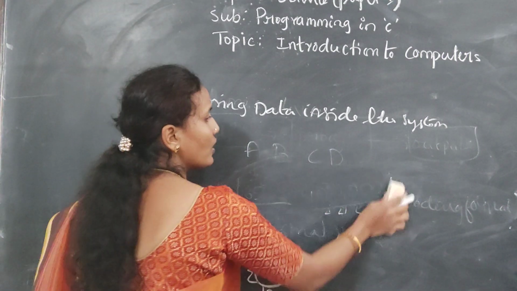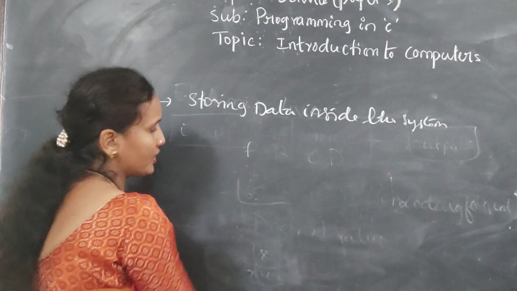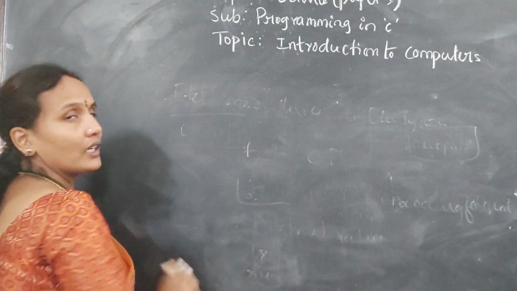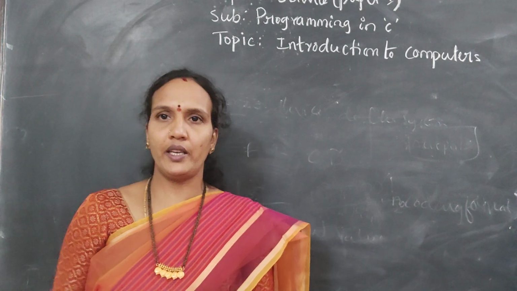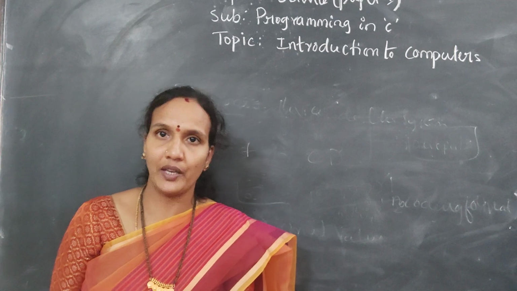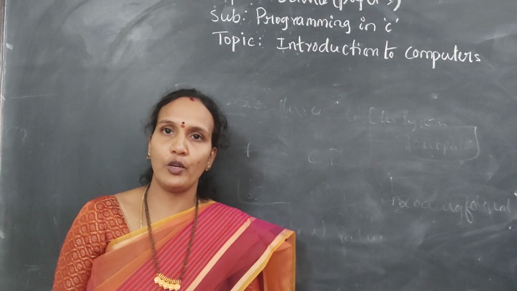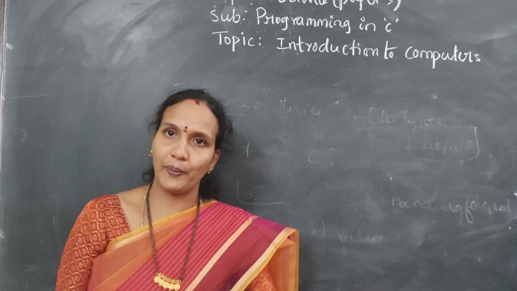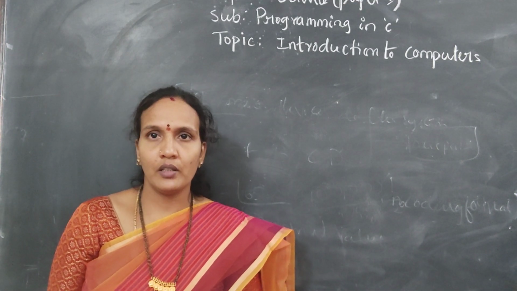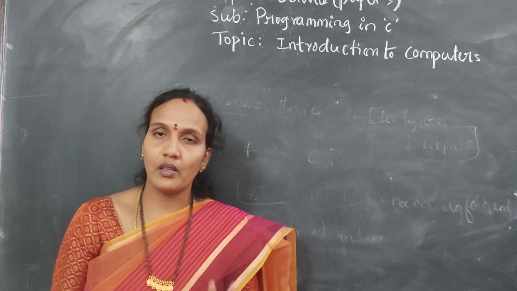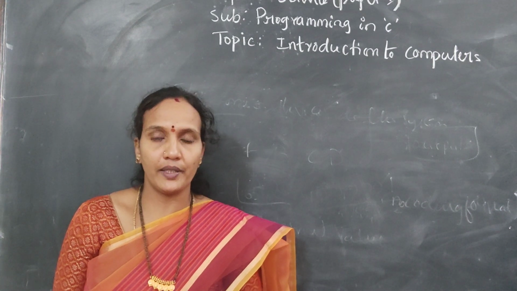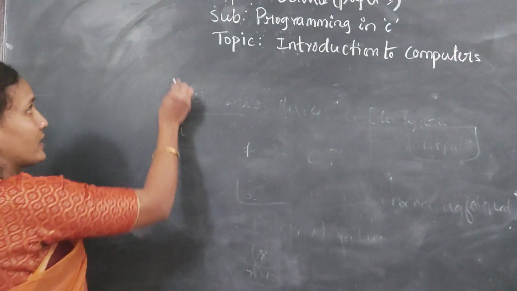So this is about the storing system of your computer. Whenever you enter any information, that information should be converted into binary format. So in order to convert your character into binary format, we are taking the help of the standard decimal value of each and every key you press on the keyboard. Understood? So this is about your storing. We completed input, completed output, and how the data is stored inside the system. That process we completed. Now we'll discuss the characteristics.